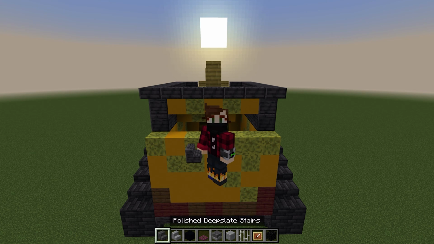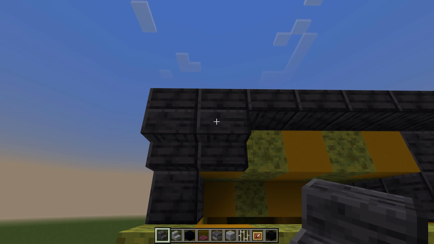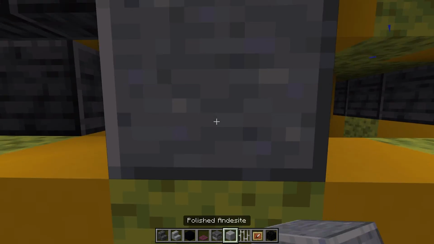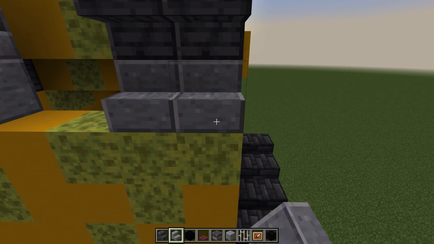Right then, so now we'll take ourselves some polished deep slate stairs, polished andesite stairs, black concrete, crimson trapdoors, a blast furnace, polished andesite, iron bars, an item frame, and a block of coal as well. We want to do ourselves polished deep slate stairs here and here, and over this way, here and here, a blast furnace in here with an andesite block beneath it, polished andesite stairs here and here, and here and here,